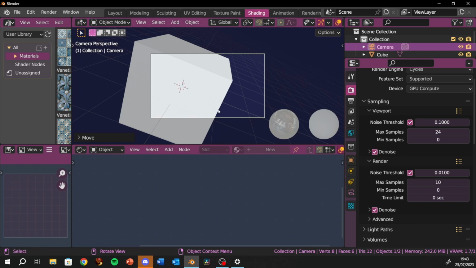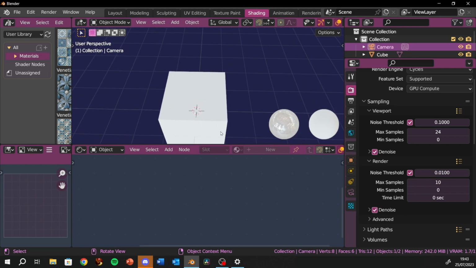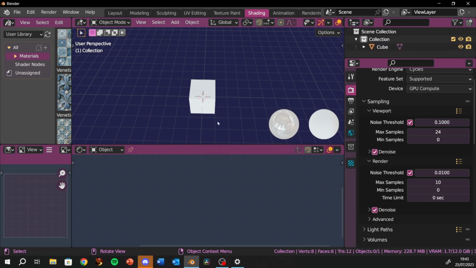Why do you want me to press 0 all the time? No, let's delete that camera. So you can